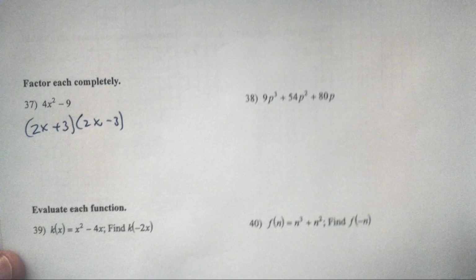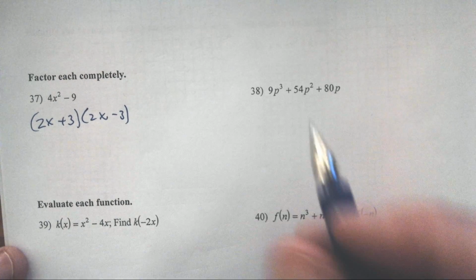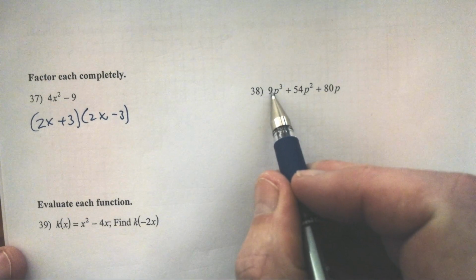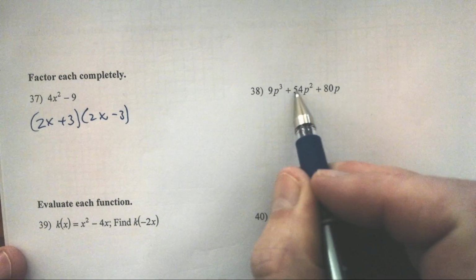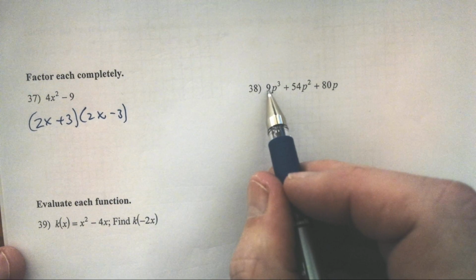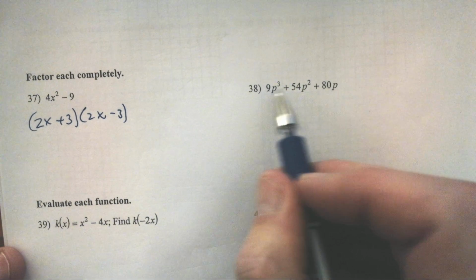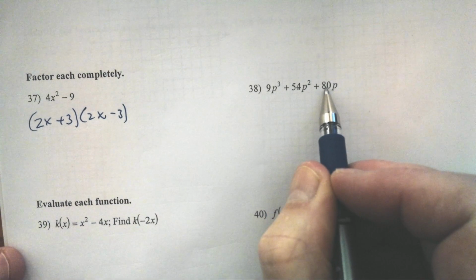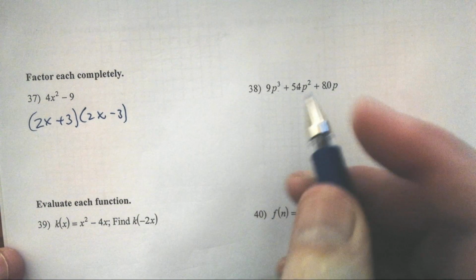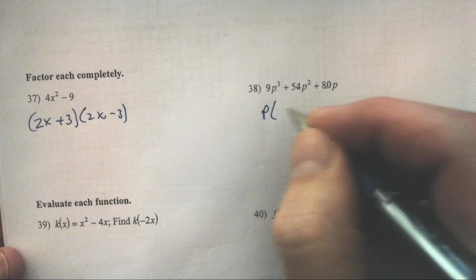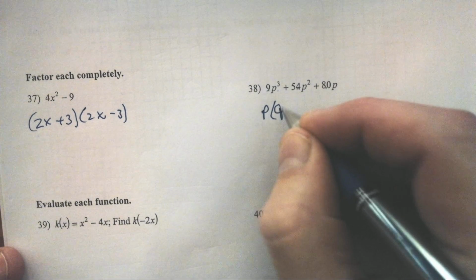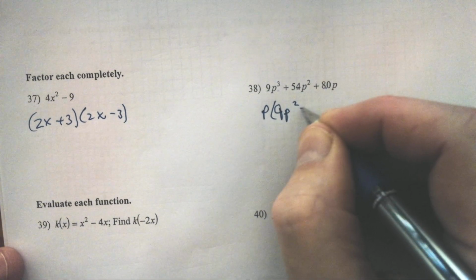Okay. Let's take a look at 38 just a little bit here. The first thing we should do when we talked about this one a little bit earlier is check and see, can I factor out a monomial? Well, I could factor a 3 or a 9 from here and here, but I can't factor a 3 or 9 from there. But I can factor out a p, and I get p squared plus